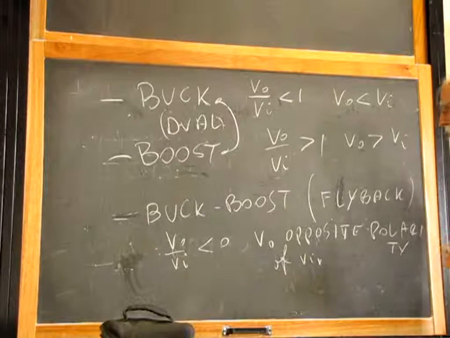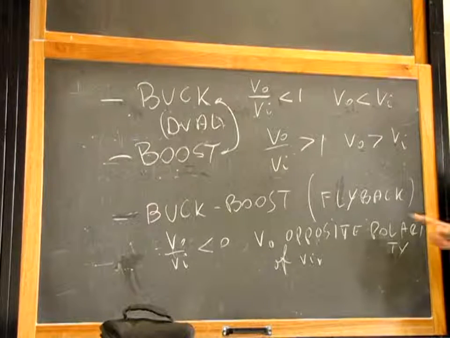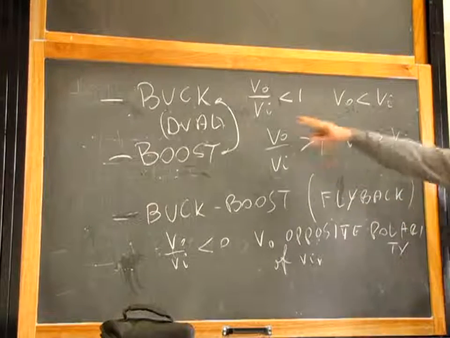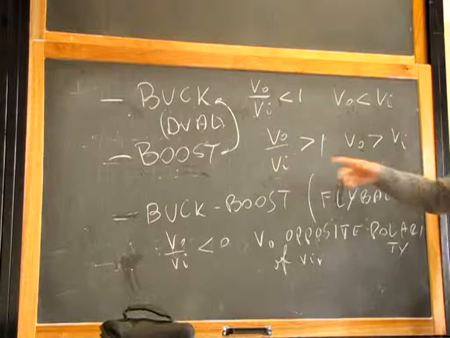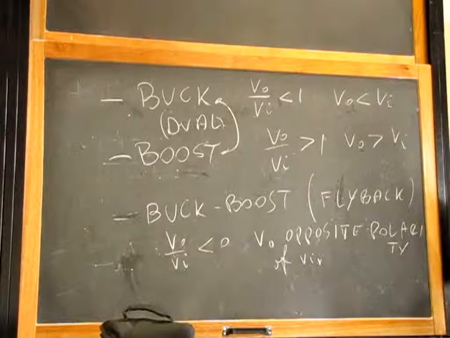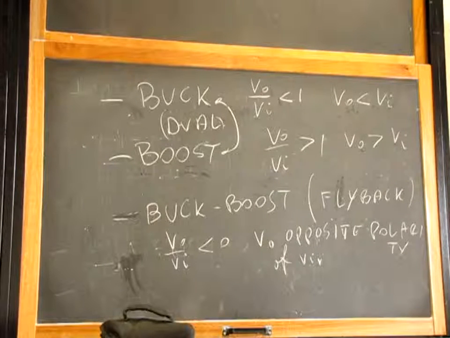This buck-boost was, in the very long past, called flyback, because step-up, step-down, and flyback, or inverting circuit, because it inverts the polarity, were considered to be three different, three unrelated topologies. When I learned this stuff the first time, they told me, oh look, there are only three topologies, because you make a permutation of a diode, switch, and inductor, and you get the three topologies that were step-up, step-down, inverting, or buck, boost, and flyback.